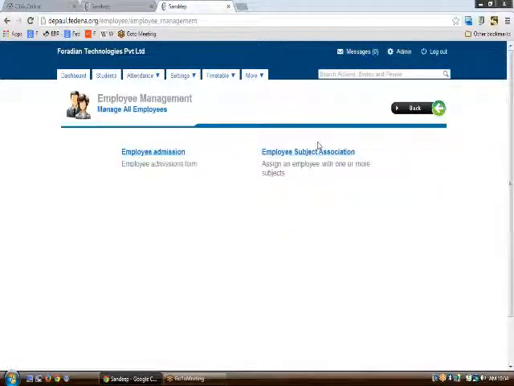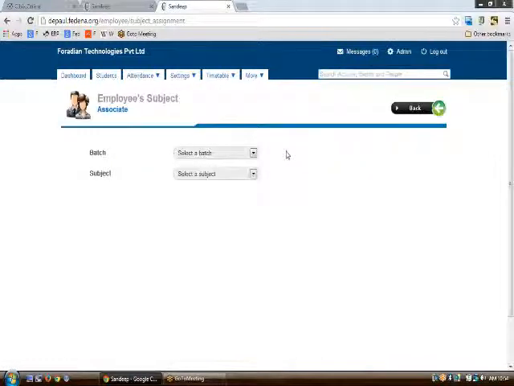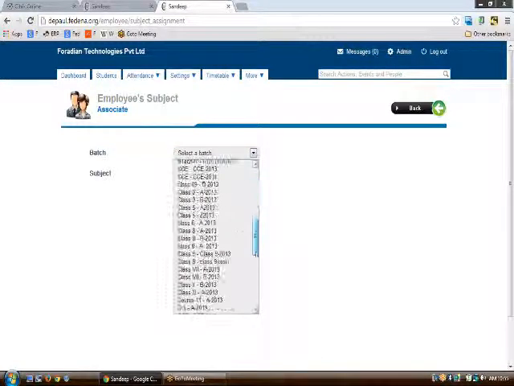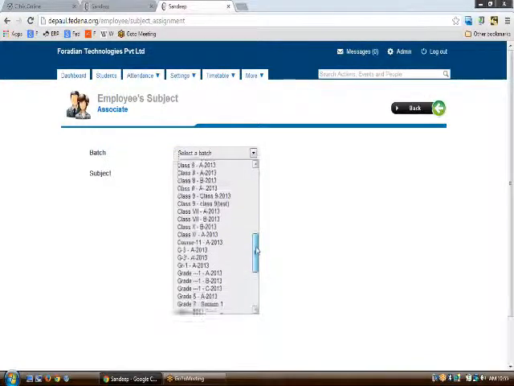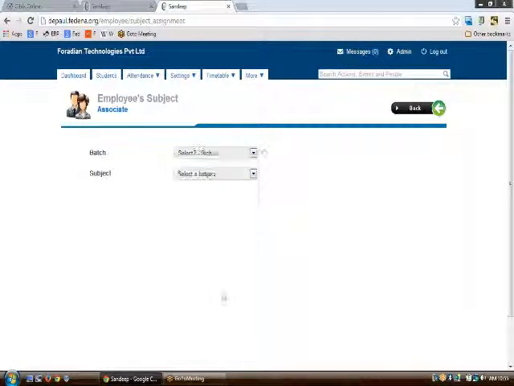Going back to the rest of the employee management, we have the employee subject association. In employee subject association, we generally map the students to the subject. We map the batch to the subject for a teacher. Let us say that you want to mark, for grade 7 section 1 batch,